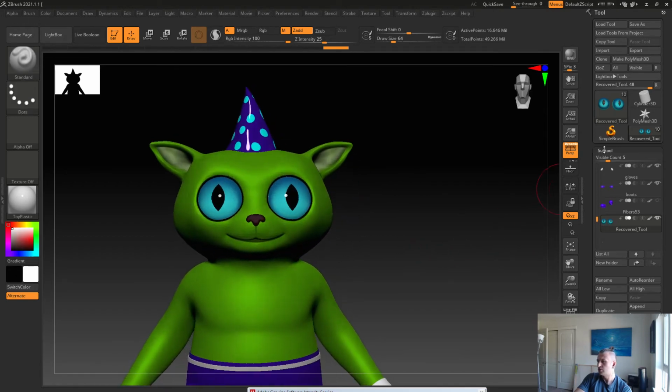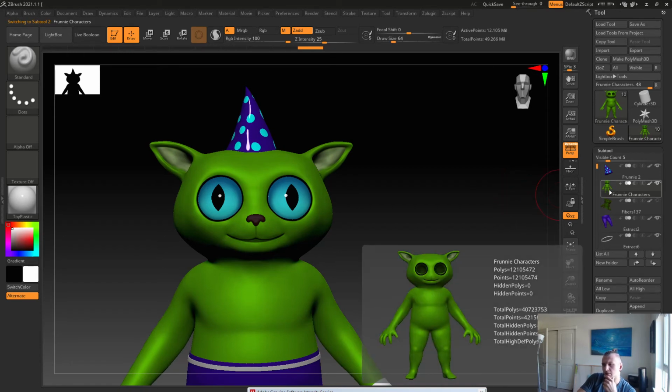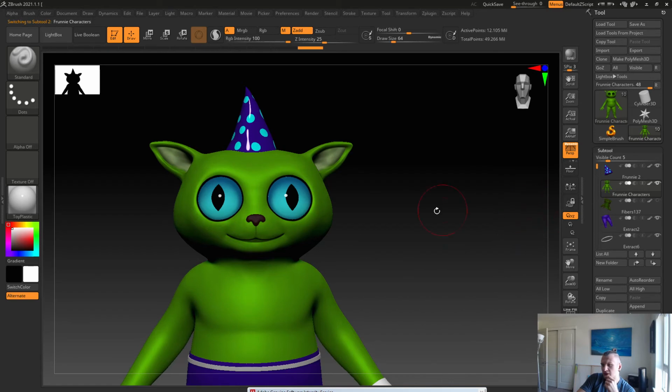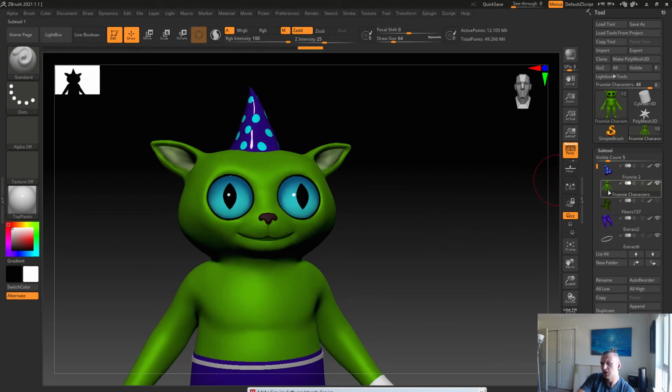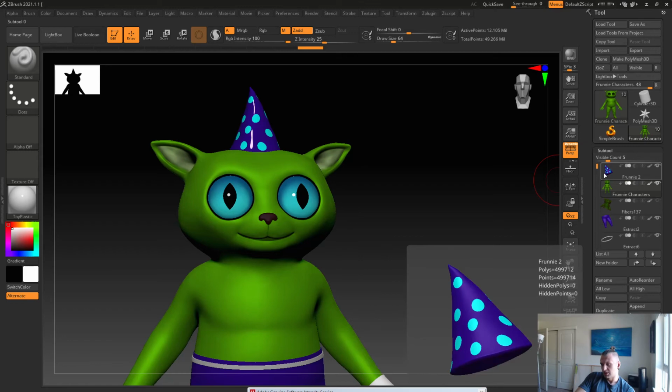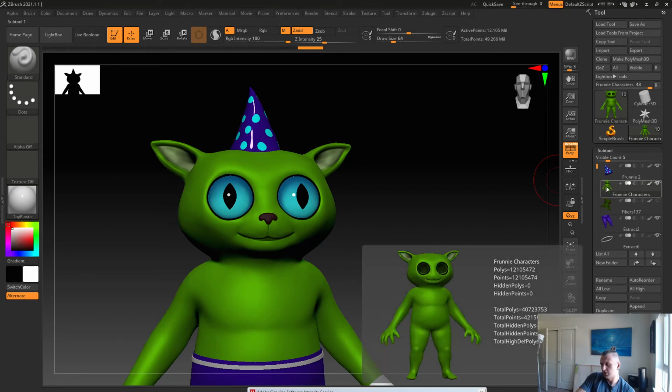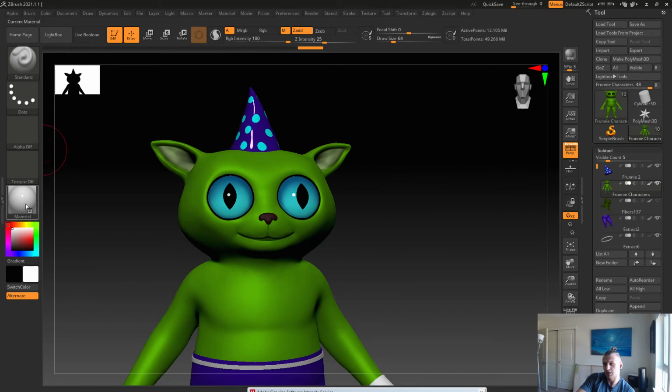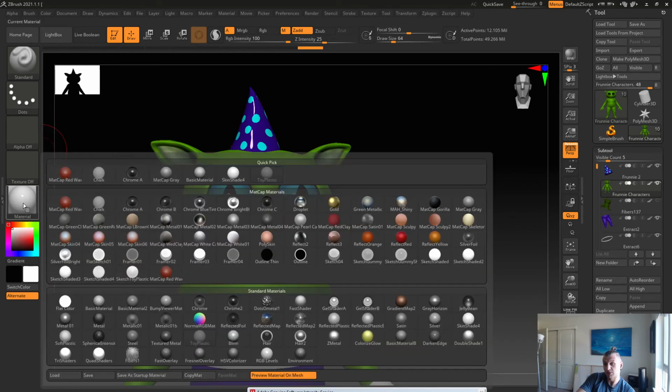So if I want to choose another material and install it on, for example, my character, I should go to the subtool menu, highlight my object, and go to material,